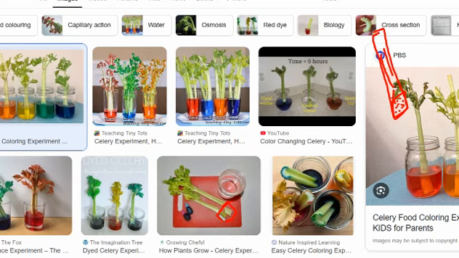You have to cut it from the bottom, and then firstly you have to add the food dye, and then you have to add this plant into the beaker, and you're going to see that with the blue dye, the leaves of the celery plant will turn blue. With the red dye the leaves turn red. With the green dye, the leaves of the celery plant turn green. So it shows the movement of water taken up by the celery with the help of xylem vessels or xylem tissues.